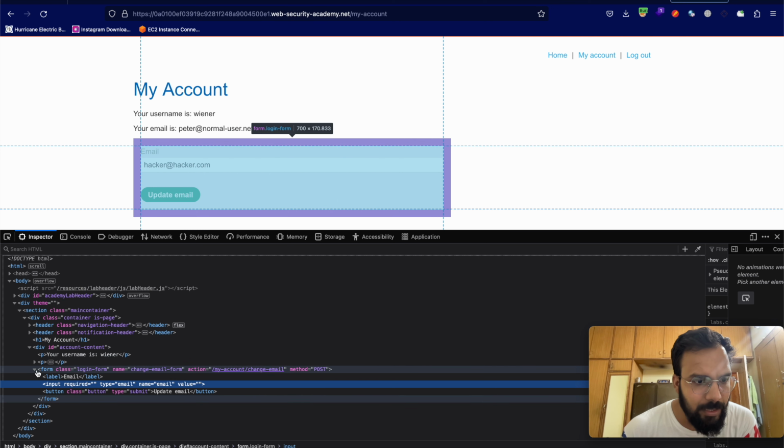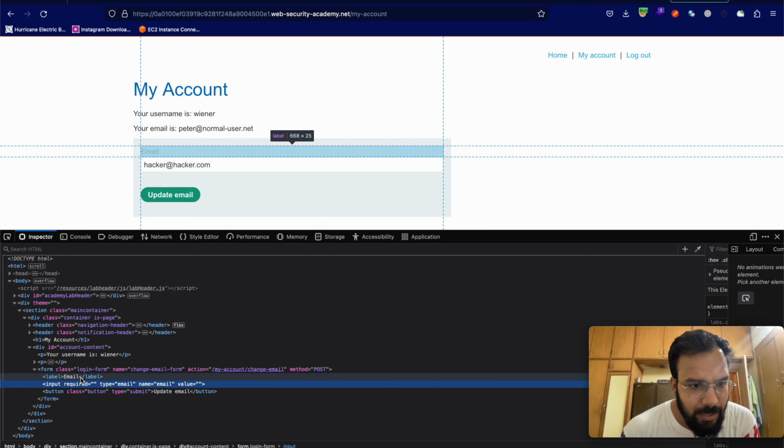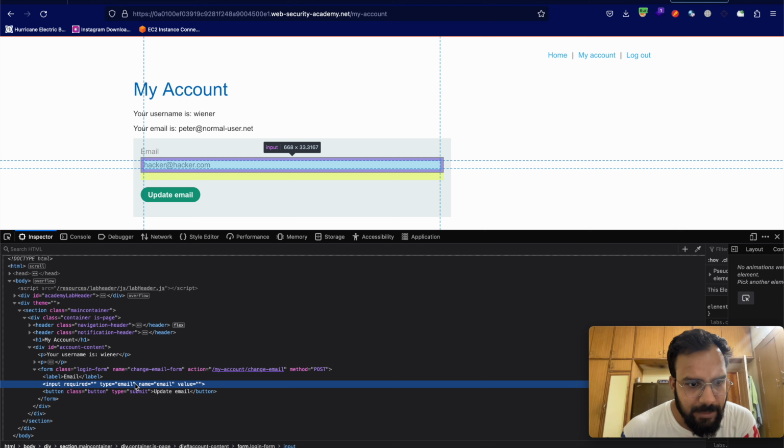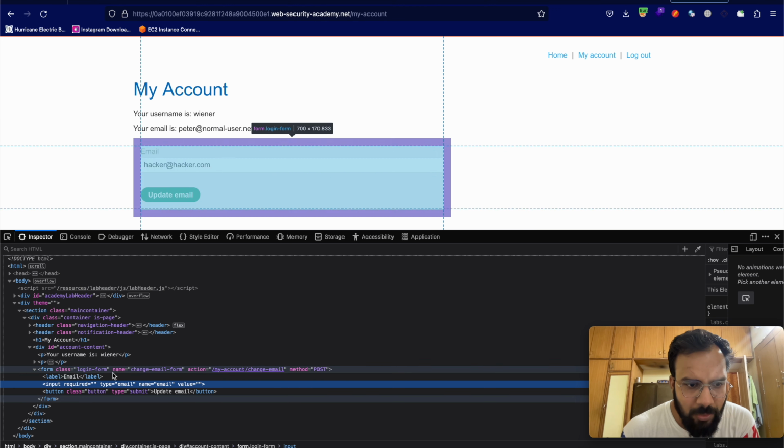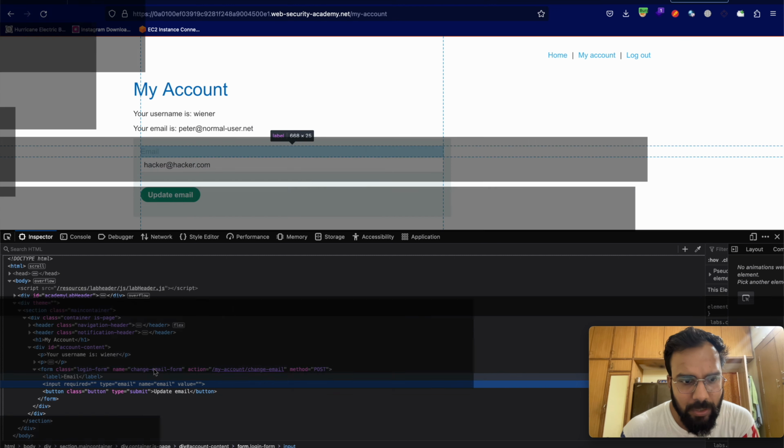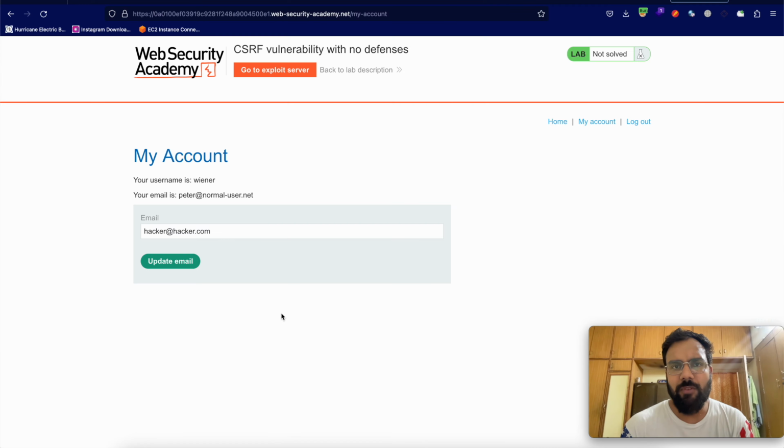And when we go here, the form field is this one, and here you can see the first line says this, the second says this, third thing. In the whole form you are not seeing anything such as a CSRF token. So now what we are going to do, we are going to intercept this request, and let's consider intercept and